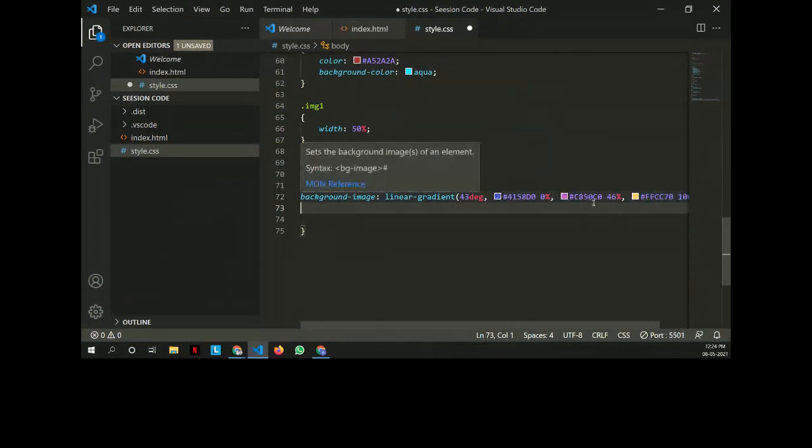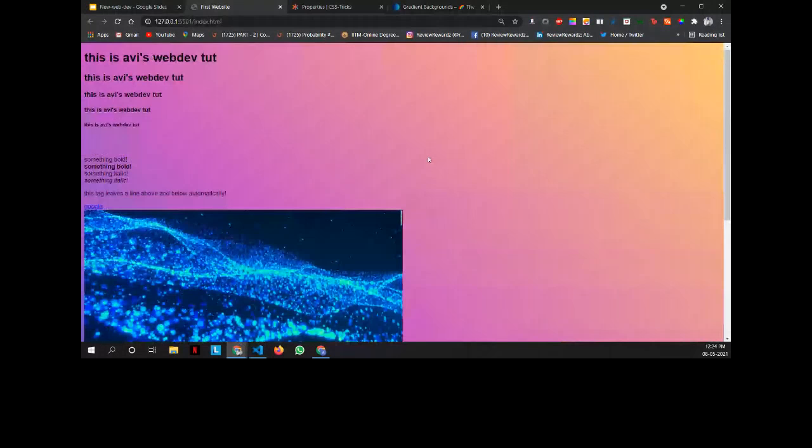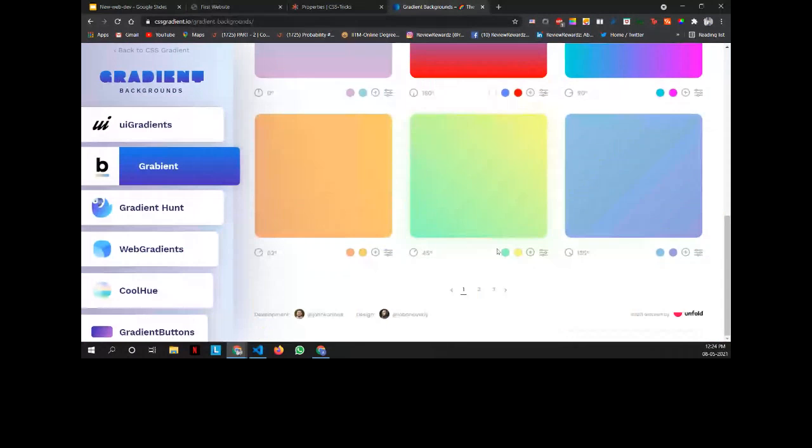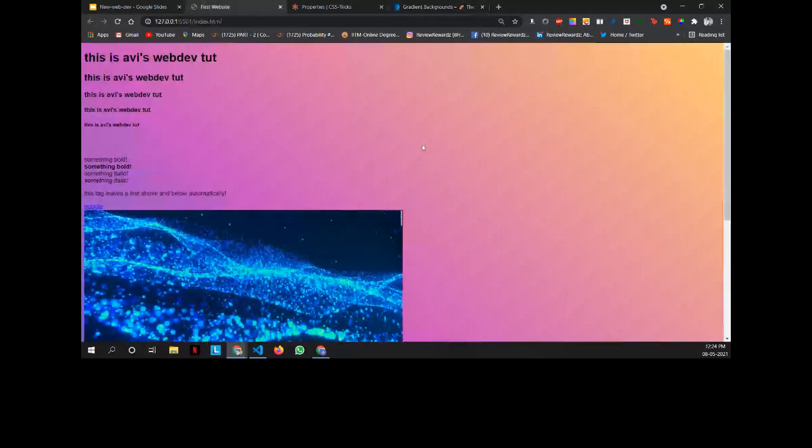So guys, as you can see, three colors have been added here in the gradient. This gradient is much more visible. It's clear that we've mixed two, three colors. So this is how you can add a gradient. All these gradients are available, whatever you want. You can select any one of them according to your theme and just paste it on the background color part. So that was background color.